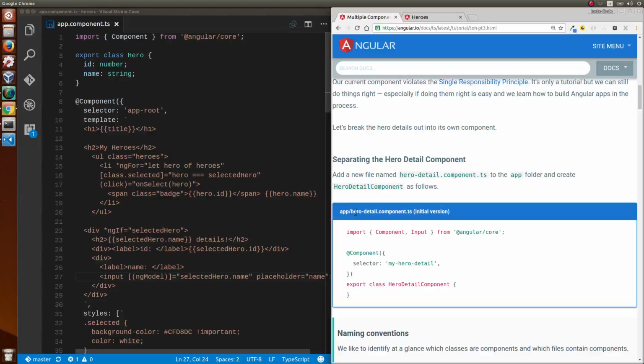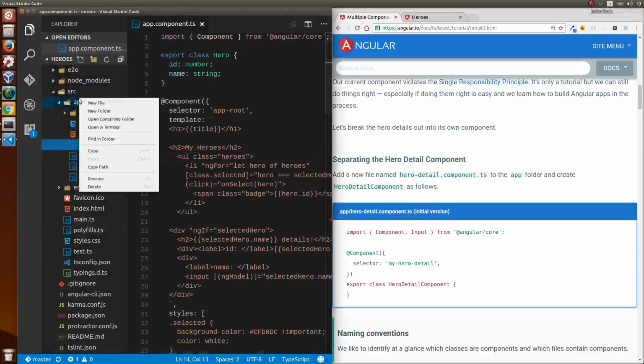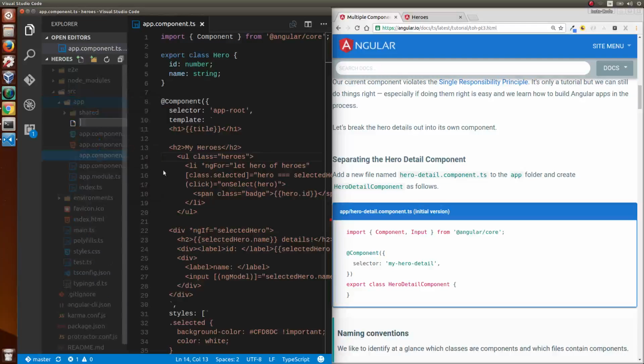So let's create a new hero detail component, and we'll start to separate. We'll break this out from this component right here. If we right click on the app directory, we type in hero-detail.component.ts, hit enter,